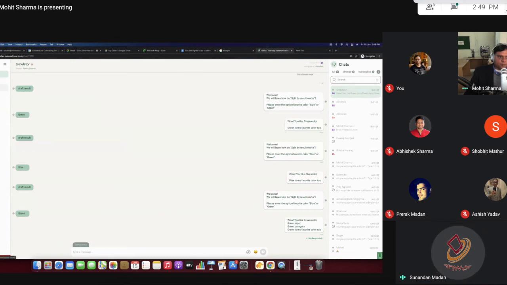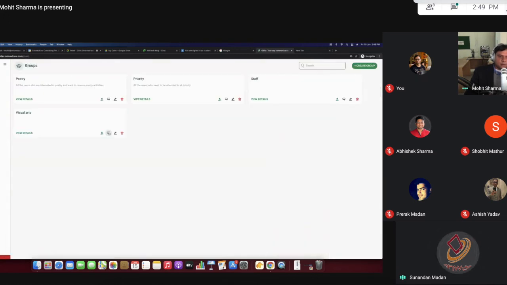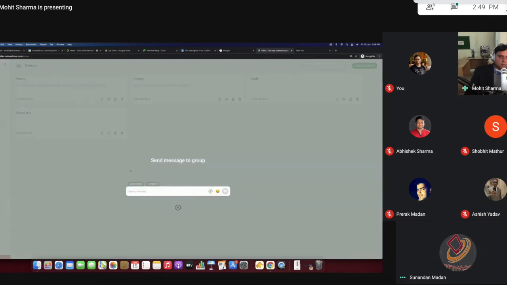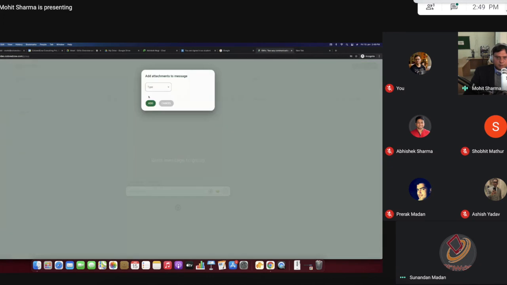Bulk means you go to groups. Yes, click on send a message. If it's a multimedia file, how do I do it? I have to attach. No, you can call a flow there. You can do an attachment also.